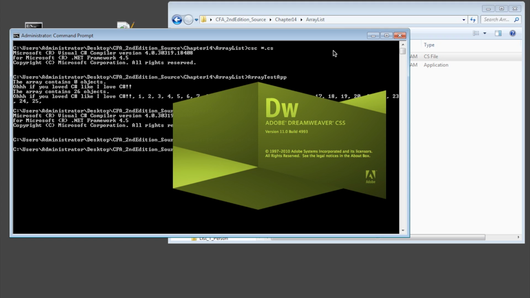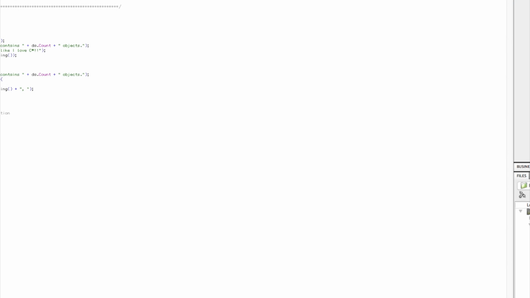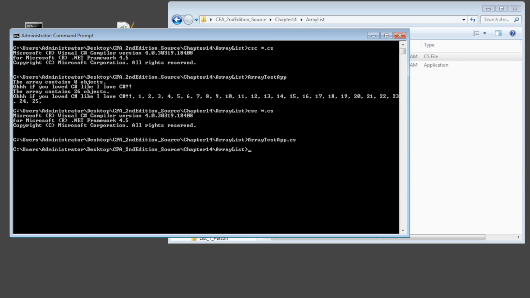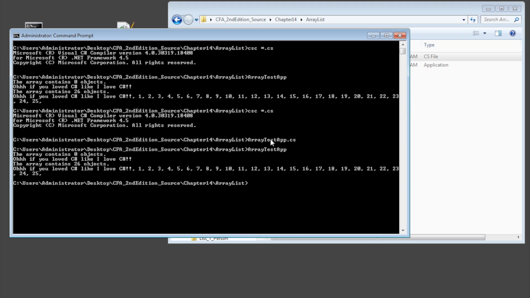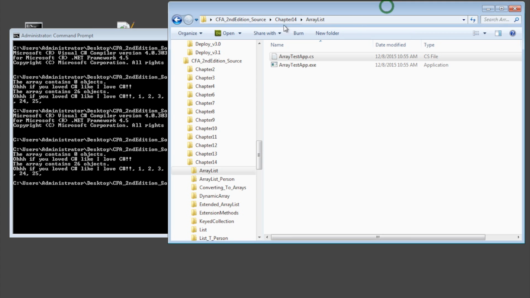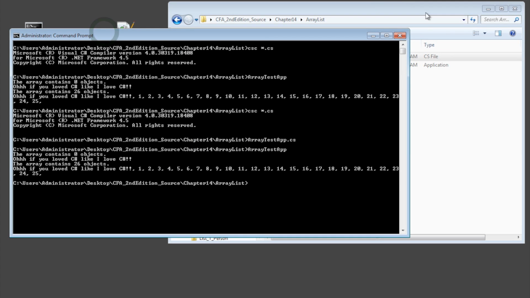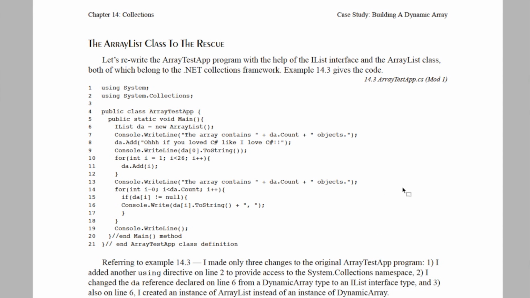Hang on. I didn't take off the CS, so it started up Dreamweaver. Let me do that again. Okay, really, there we go. Okay, so it runs with array list. Okay, so